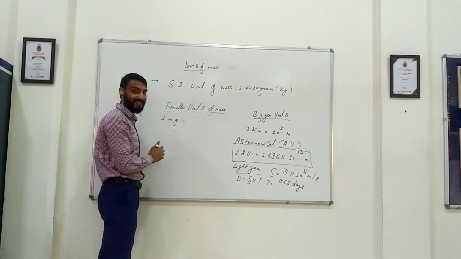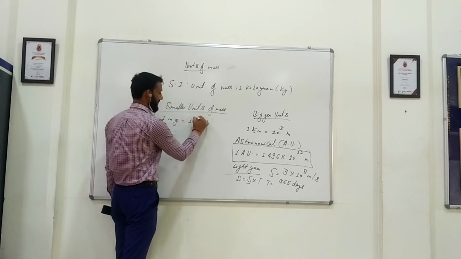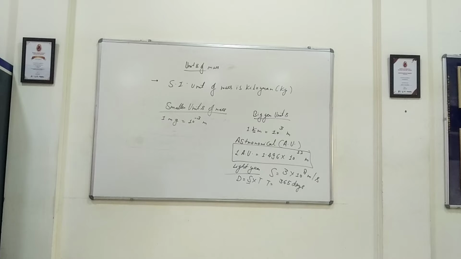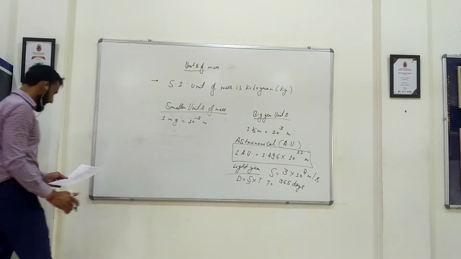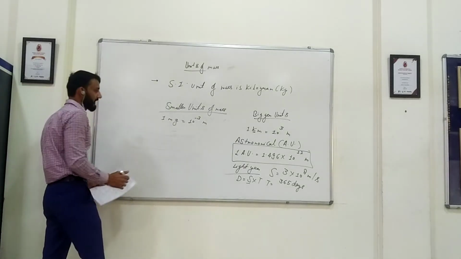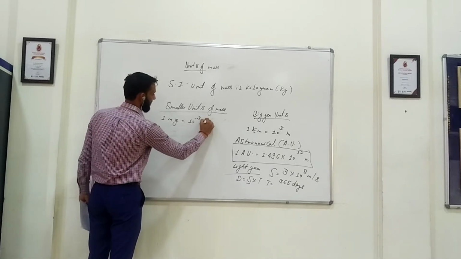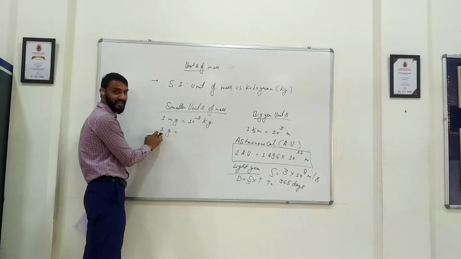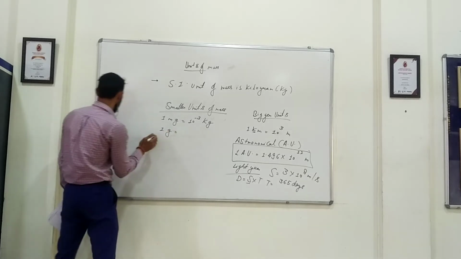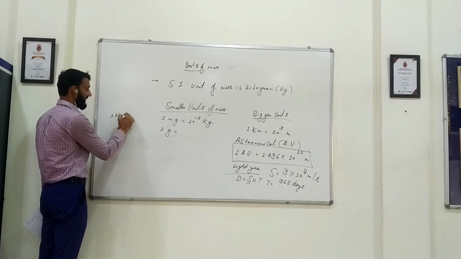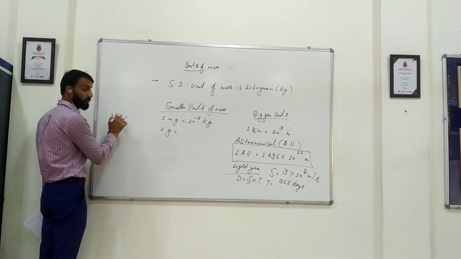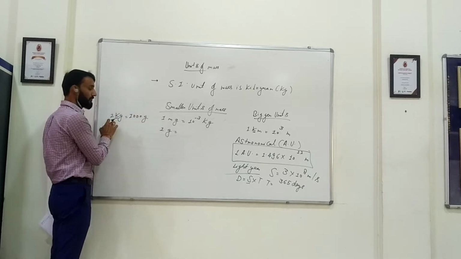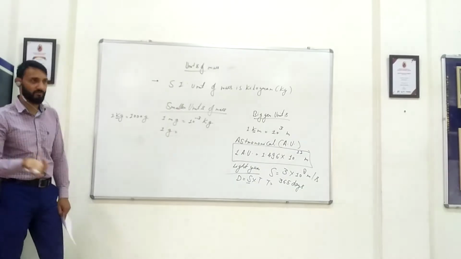We all know that milli is 10 to the power minus 3, like millimeter was there, so we have milligram, right? Then we have gram. Here no prefix is there, but we all know that 1 kg is equal to how many grams? Kilo means 10 to the power 3, which means 1000. So it will be 1000 gram.